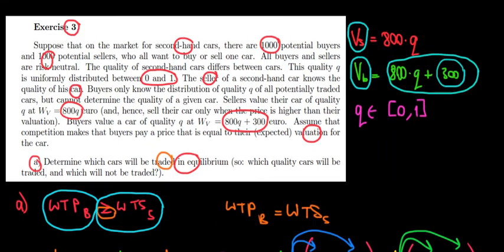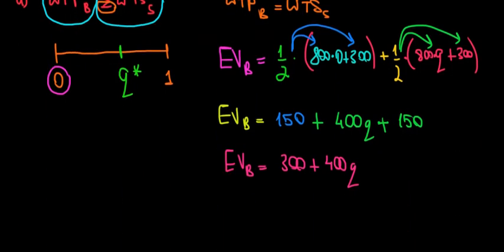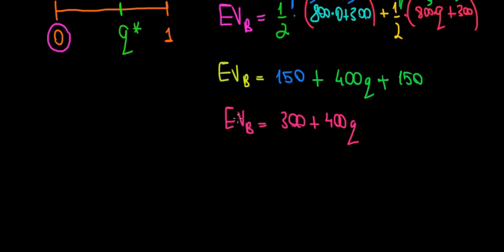And the seller is willing to sell his car at his own valuation. He doesn't have to expect anything. He doesn't have to deal with any uncertainty because he knows the value of the car. Remember, it's told in the question: the seller of a second-hand car knows the quality of his car. So there's no uncertainty for him. There's no expected value to calculate. We'll just deal with the valuation of the seller. Hope this all makes sense. So this expected value of the buyer must be greater than or equal to the valuation of the seller, meaning that